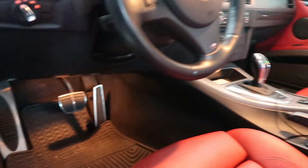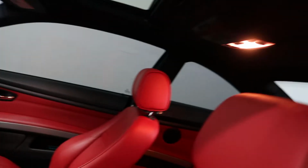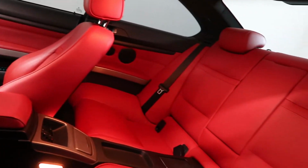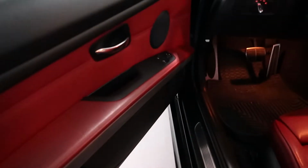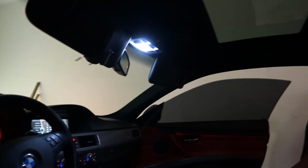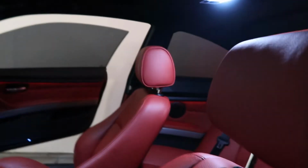Alright, so as you can see, most of it is pretty orange looking. Doesn't look too good. Doesn't look bad, but I'm gonna go ahead and swap out these lights and see what it looks like afterward. And this is it. Got these lights,